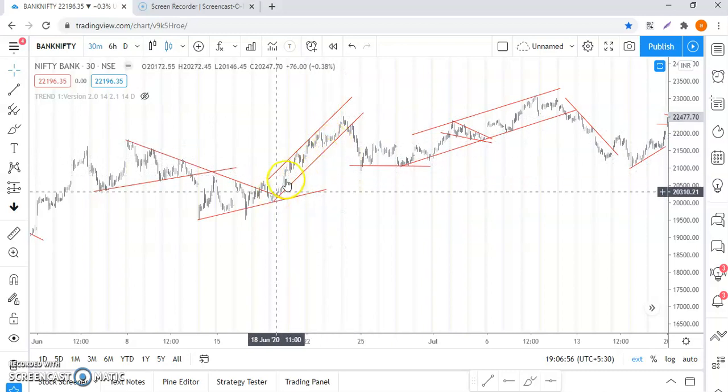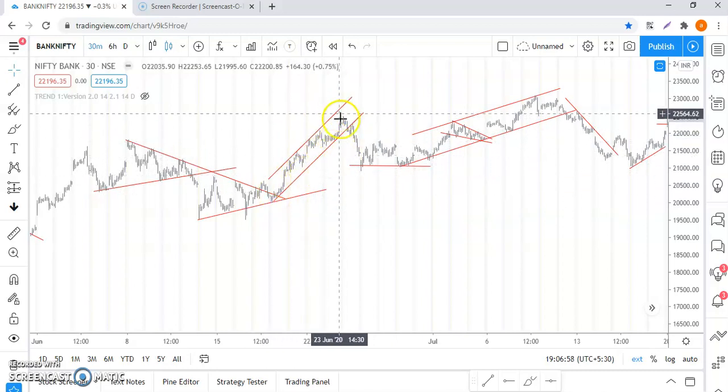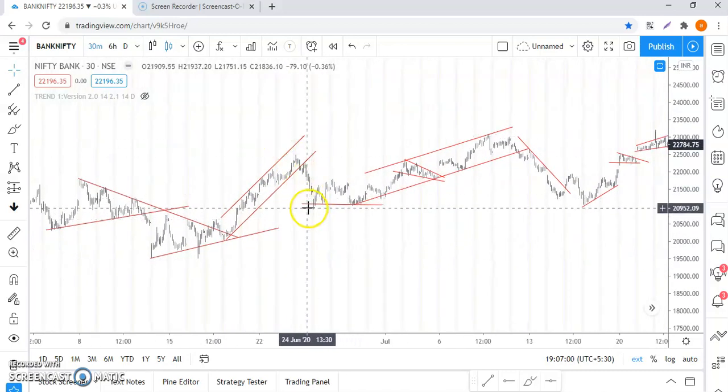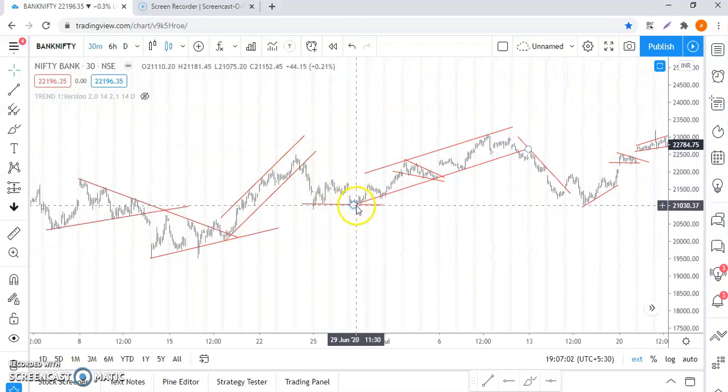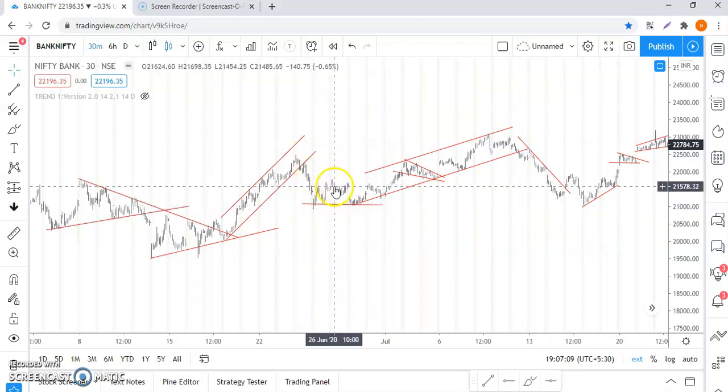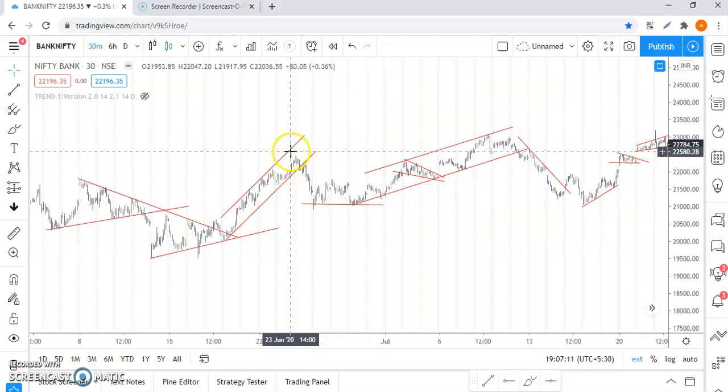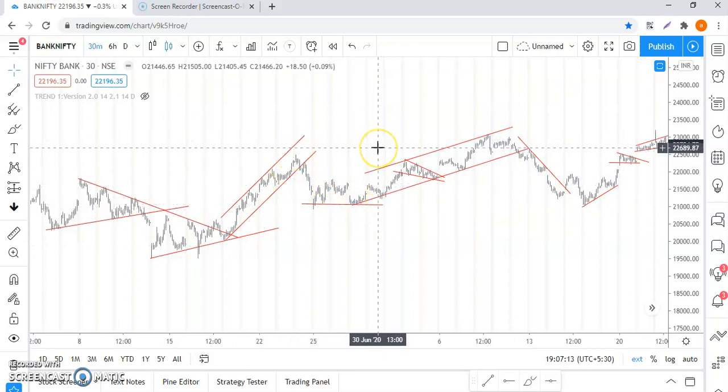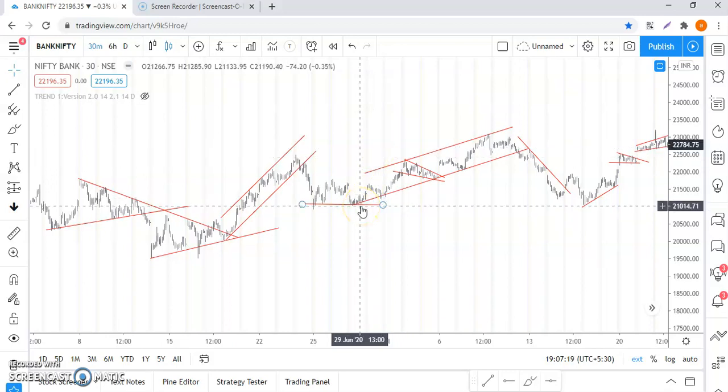Here it formed one more channel. This is called a channel. In a parallel channel the price will keep going up. Okay, it came down here. Here it came down, and again it formed a double bottom. Double bottoms are very easy. That's our bullish chart pattern. The moment you see a double bottom like this W, this is called a W. Once you see this W pattern, that is nothing but a bullish chart pattern.